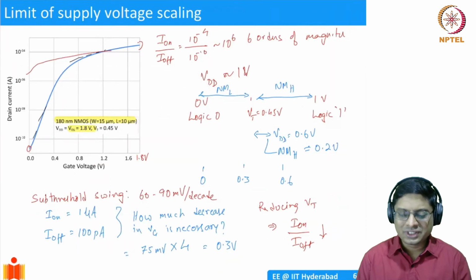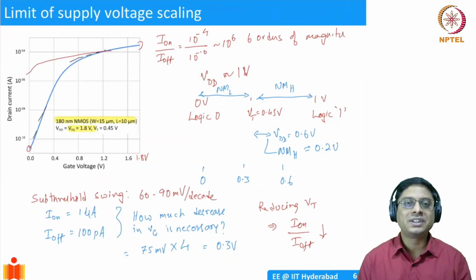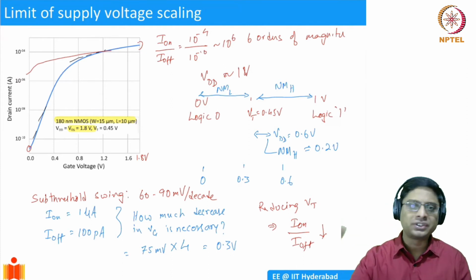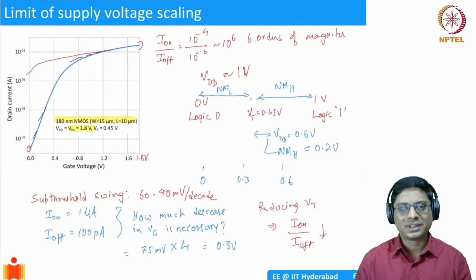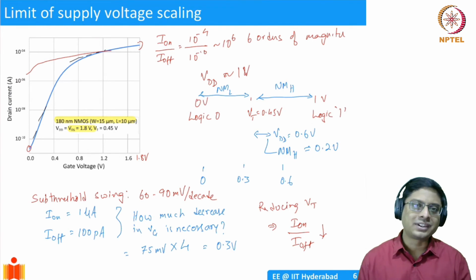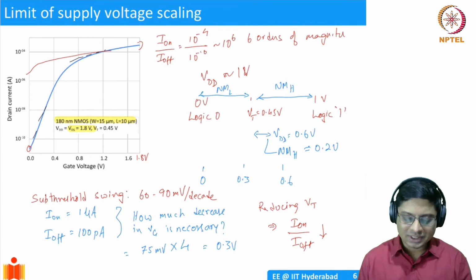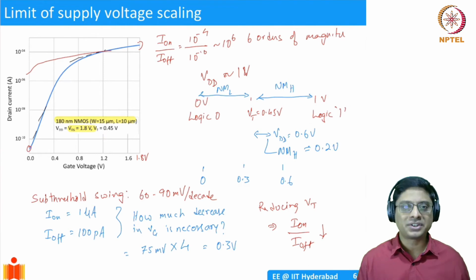Well, we saw that the power dissipation in a chip is proportional to C V squared times frequency: capacitance times voltage squared times frequency. If I reduce my supply voltage, I can reduce my power dissipation and still increase my frequency. So I can try to make my device operate faster, but it turns out that it is a difficult challenge. This is a very multi-dimensional problem that requires some of the best brains in the world to address, and that's been happening for the last 40 years. But there are a lot of challenges, is what I wanted to tell you about.